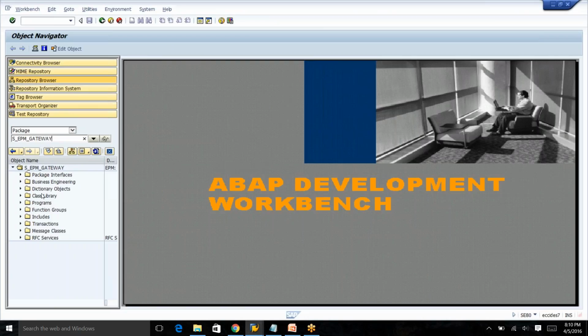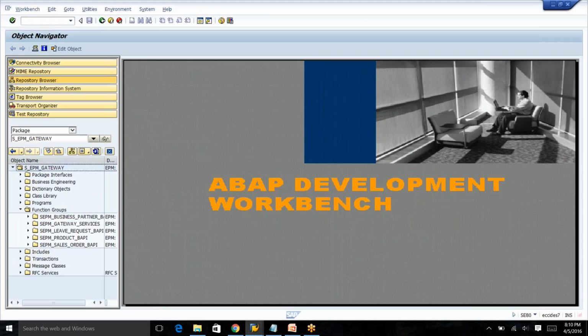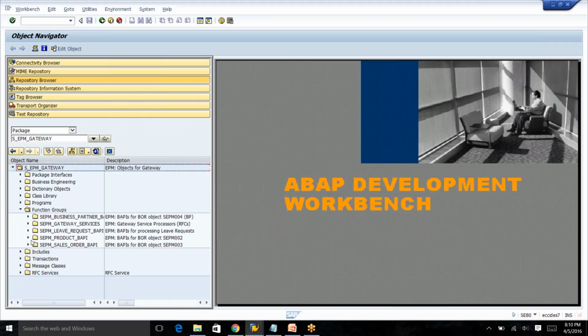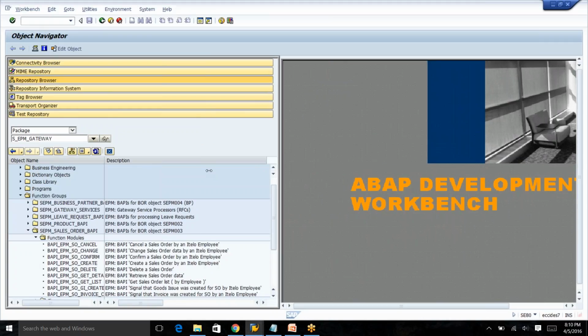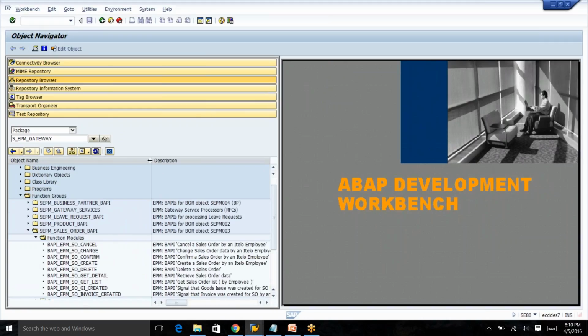Here you will have all your function modules. There are lots of function modules, but for this application,